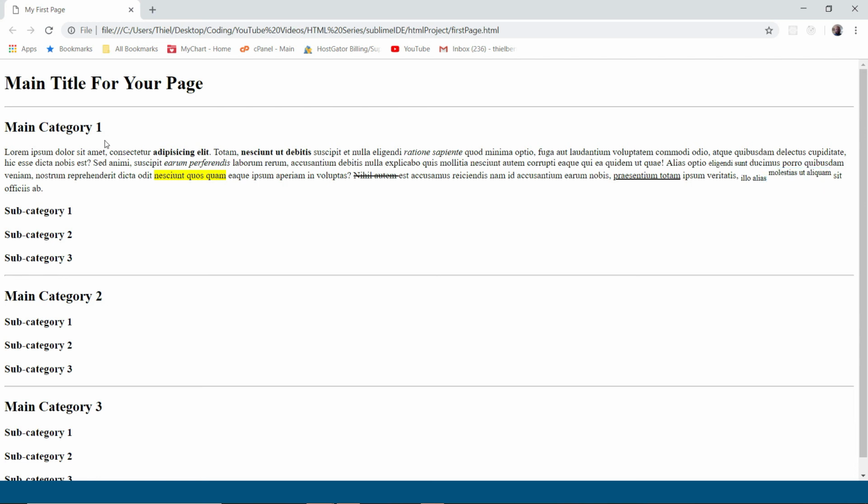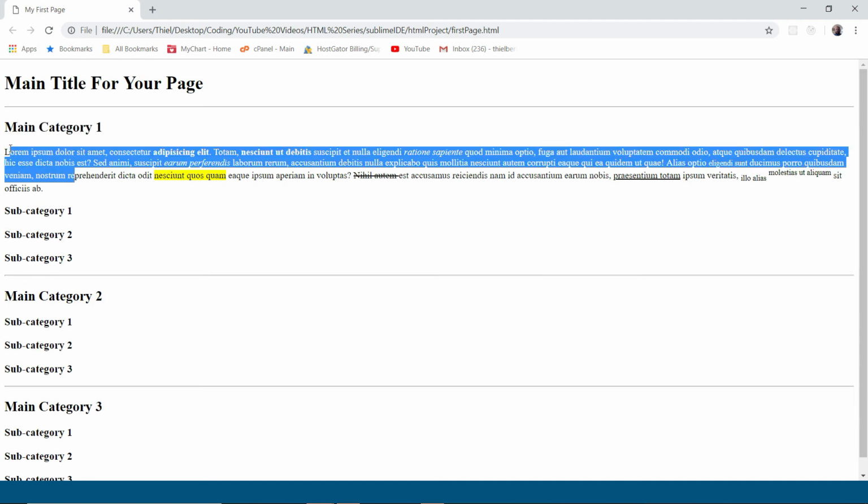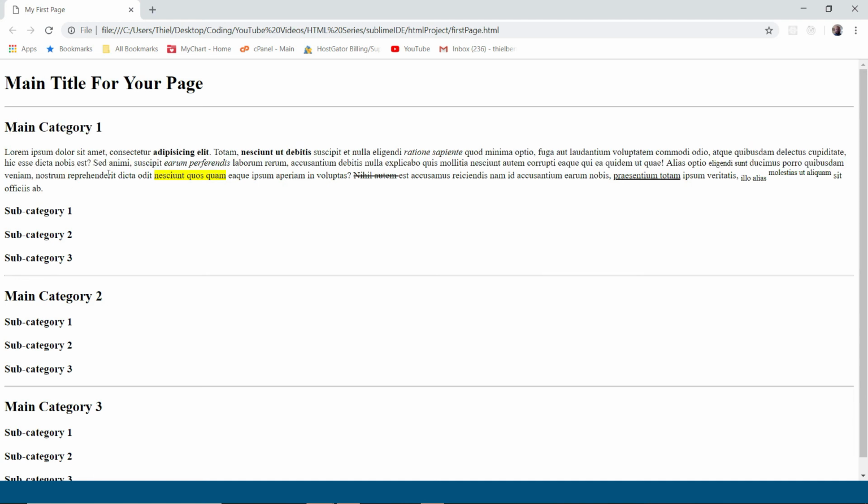So pretty simple stuff. Now we know how to create main headings versus subheadings, and how to create paragraphs, how to pre-format those paragraphs, how to make each thing stand out with line breaks, horizontal rules, and text formatting to accent different things that we want to and make our content stand out. And that's really it in this